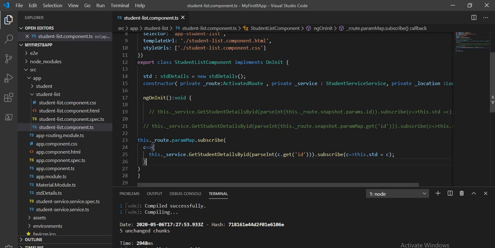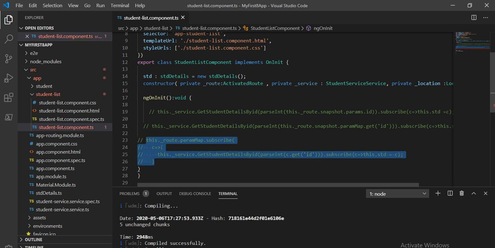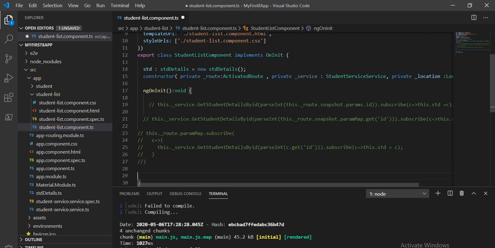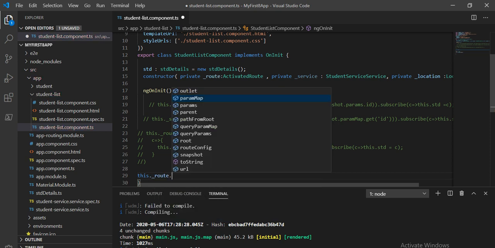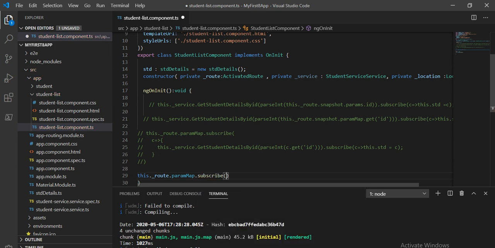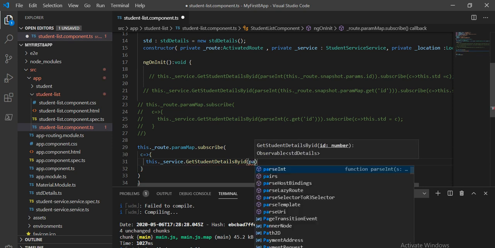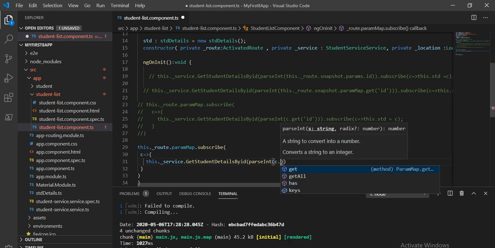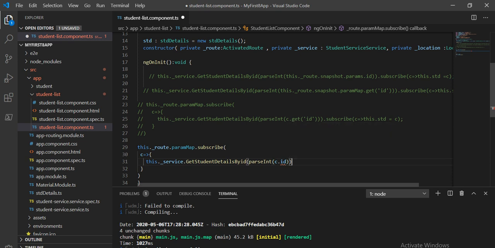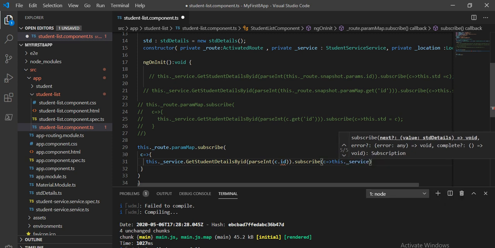So what I will do, I will comment it first. This dot route dot param map dot subscribe, and inside this dot service dot, and here we will define c dot subscribe c, this dot this variable name, and we are going to assign the c.